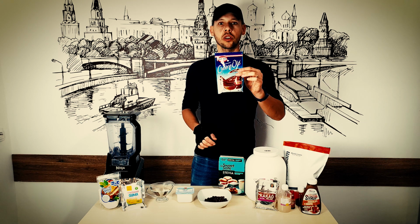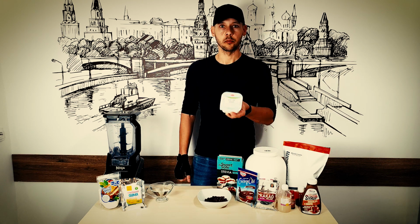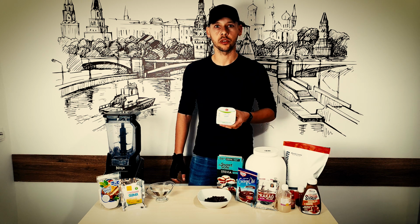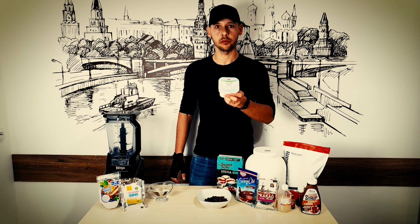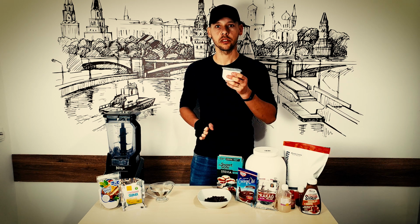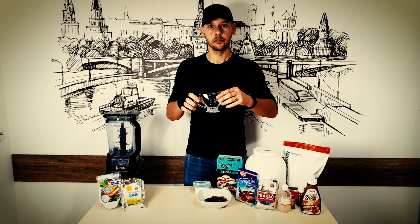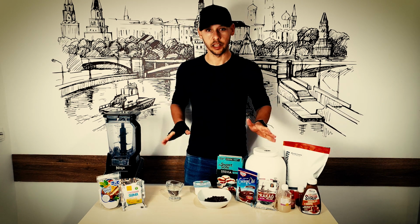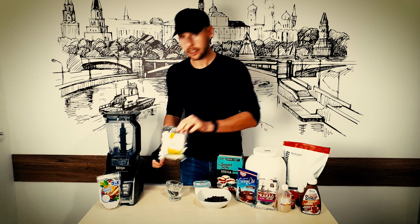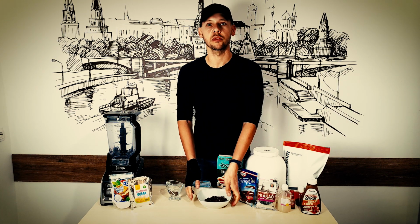Then we're gonna need chocolate pudding mix, some 0-calorie erythritol based sweetener, some Quark cheese. I don't like using Greek yogurt in my ice cream, so I substitute it with Quark cheese. You can substitute this for cream cheese or substitute it for Greek yogurt. Then I'm gonna need some plain water, some ice. I don't have it here, of course it's in the freezer, Xanthan gum, some Guar Gum, and surprise, surprise, the secret ingredient to this recipe,